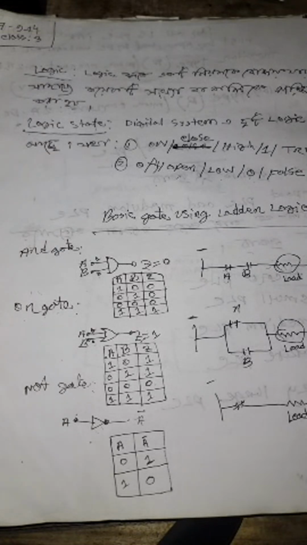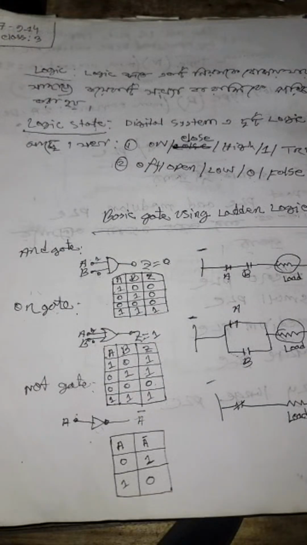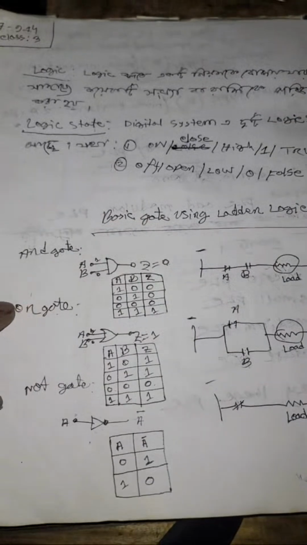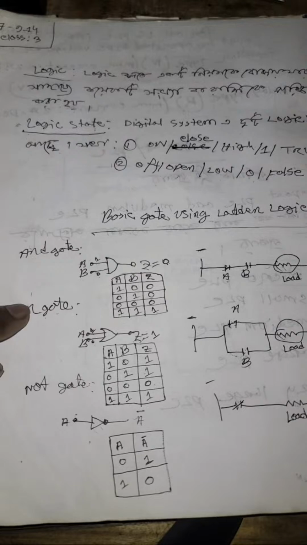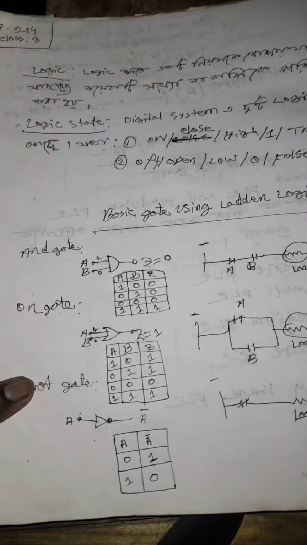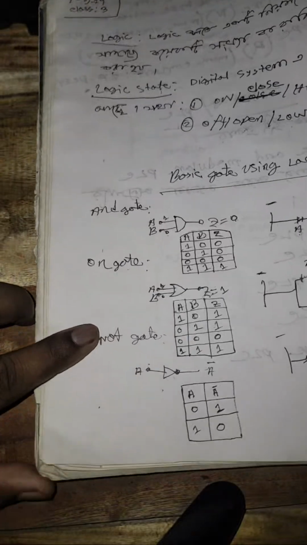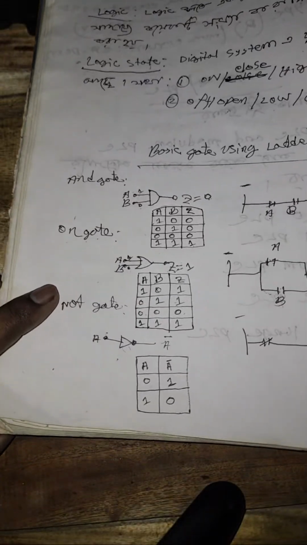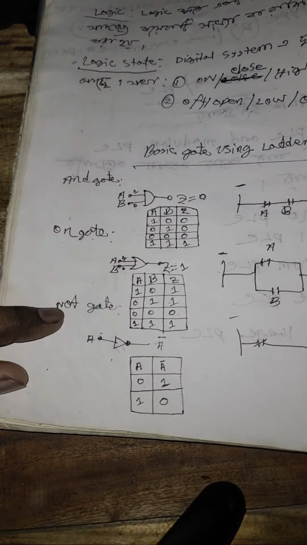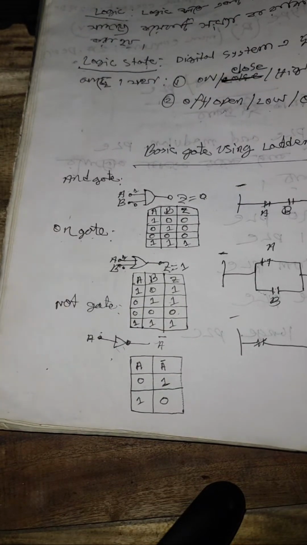There are 5 types of on and off time. Basic gates using ladder logic: AND gate, OR gate and NOT gate. Please see the page. AND gate, OR gate, NOT gate. So we know that